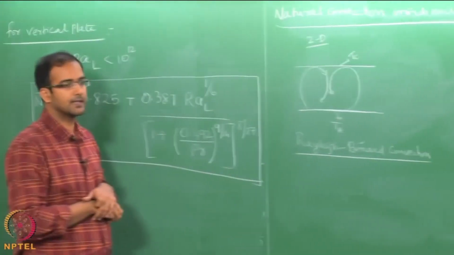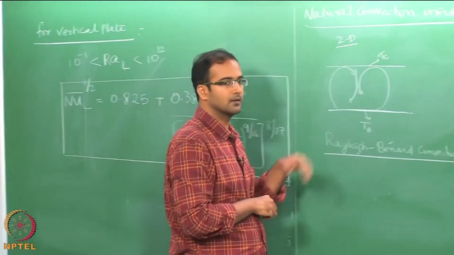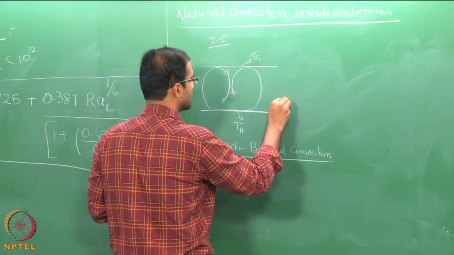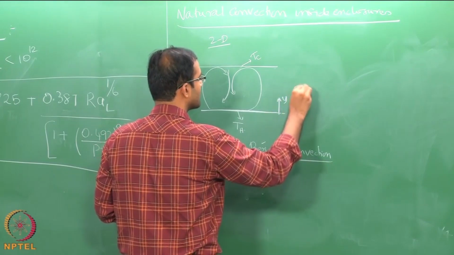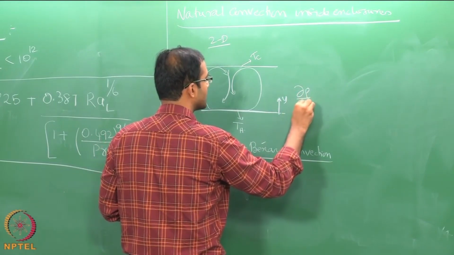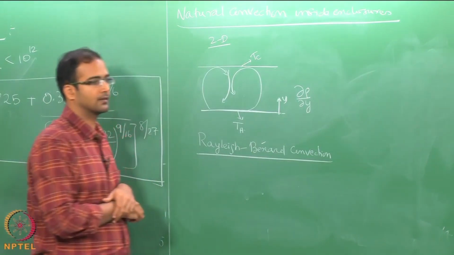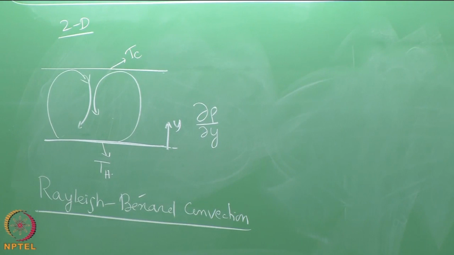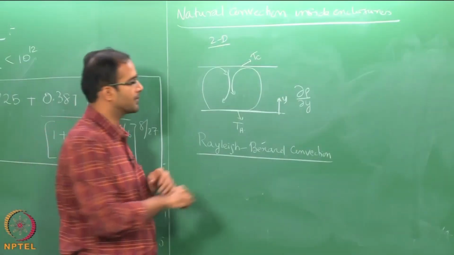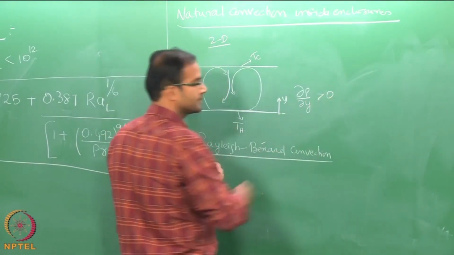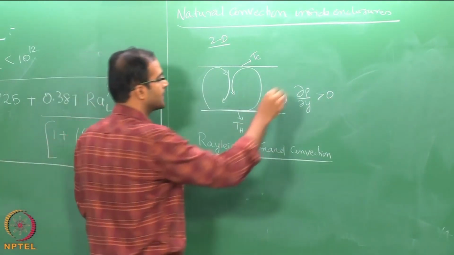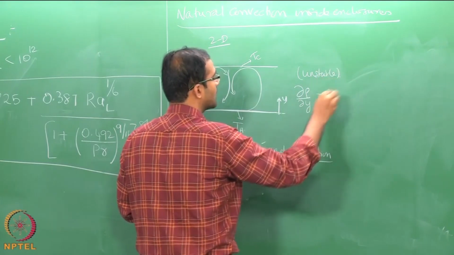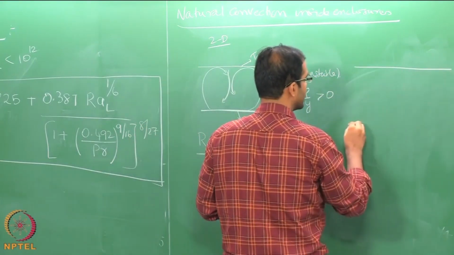Okay. So, essentially this is happening due to an instability. That means, if you say this is your y, so what should be your d rho by dy? Should it be positive or negative? It should be positive. So, then only this can be an unstable configuration. Now, what happens if you heat the top plate